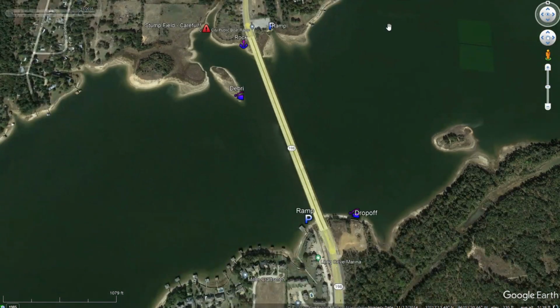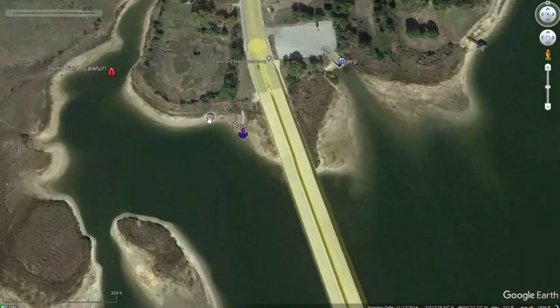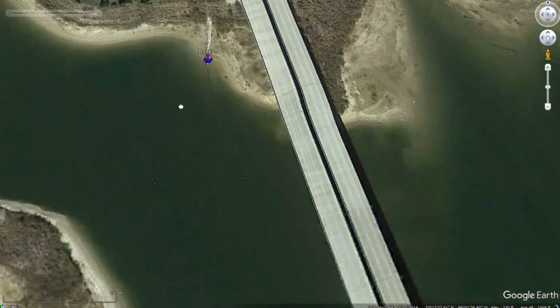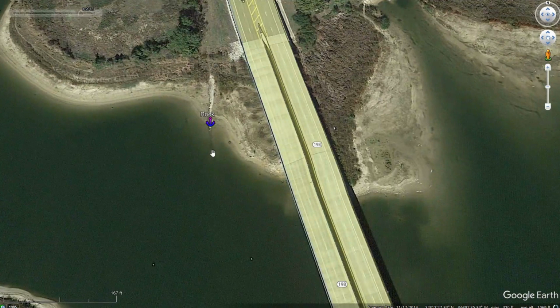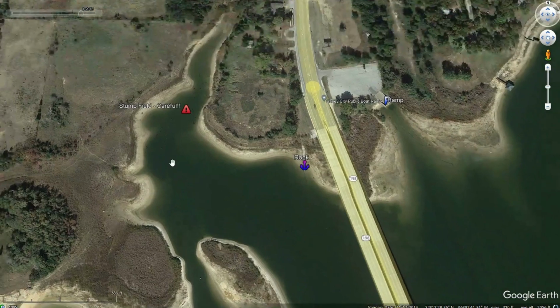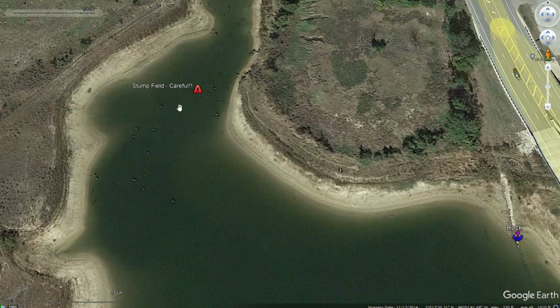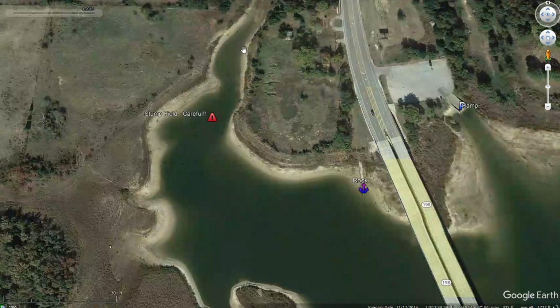Now, fishing in this area is a good place to fish as well. You got a lot of cool looking stuff back in here. First off, you've got what appears to be an old road or some kind of rock or something. So right here is good. Obviously, all the pillars on the bridge are good as well. You've also got a stump field back here, and I've seen boats just set up here for days. I don't know what's going on back here, but definitely looks like a good little place with all those stumps